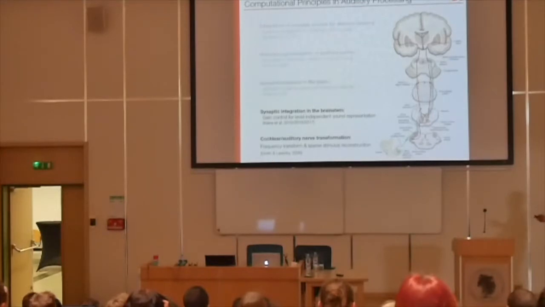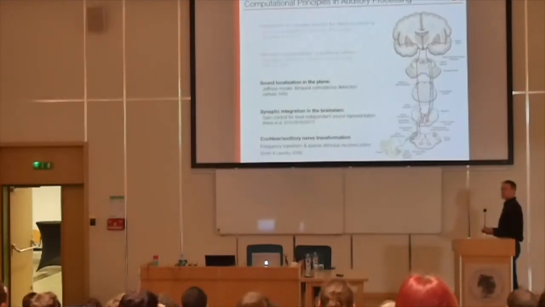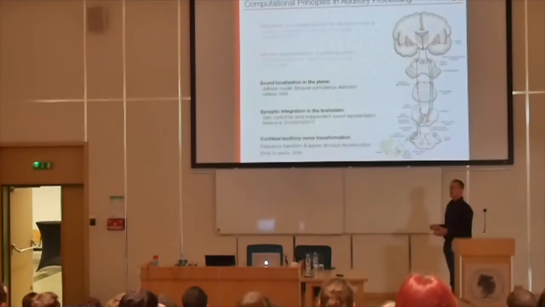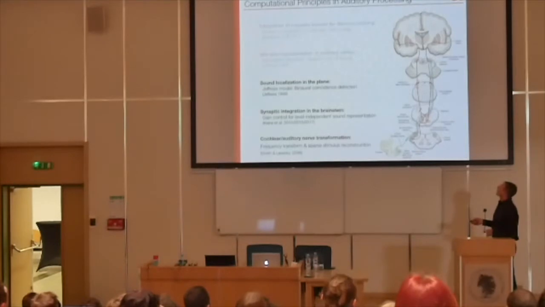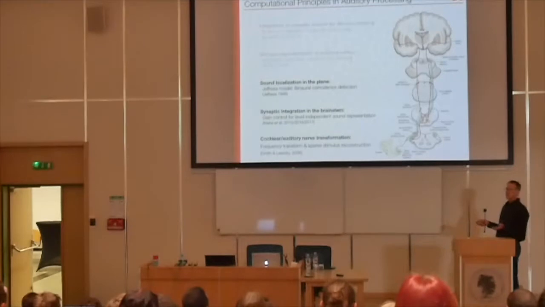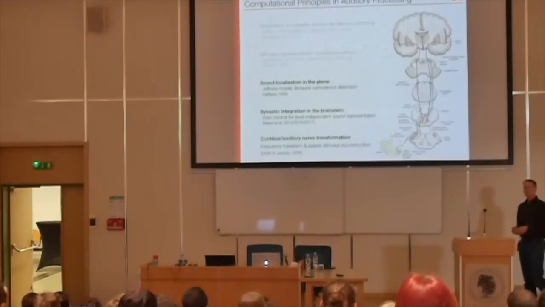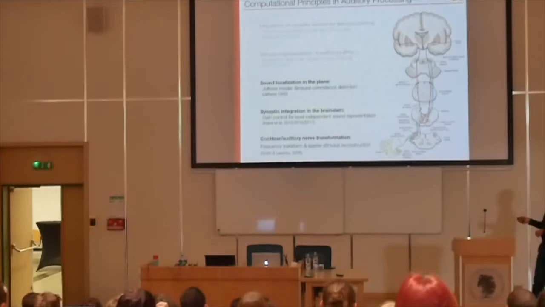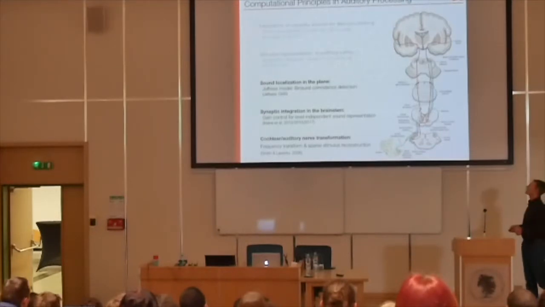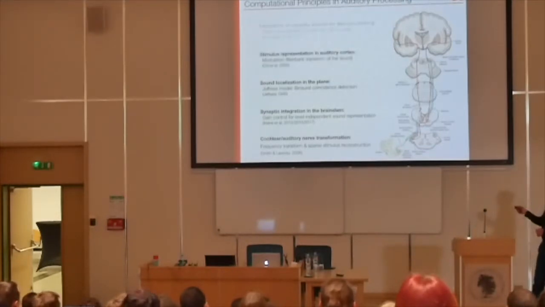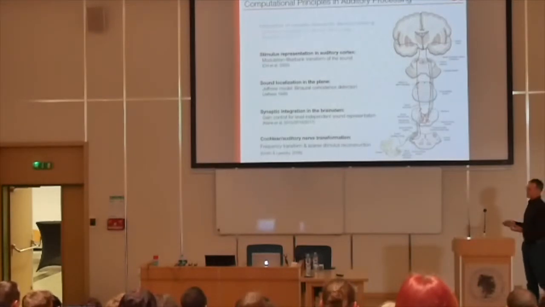So then next, there's sound localization in the plane. This is the thing that has been studied a lot in the auditory system, because as you maybe know, in the auditory brainstem, a lot of pre-processing is performed, much more than in most other sensory systems. The reason for this is that the precision at which sound localization has to be performed is extremely high, sub-millisecond precision, and you really need to do that close to the periphery in order not to lose that precision.